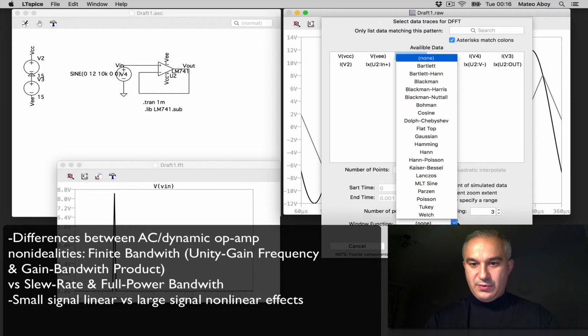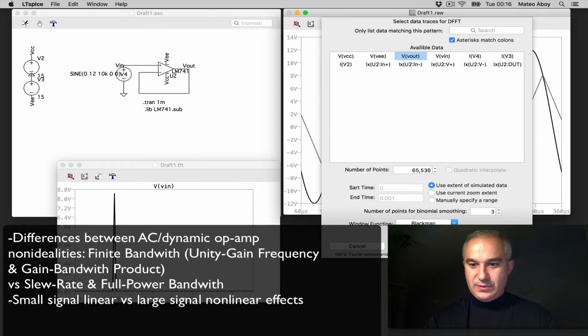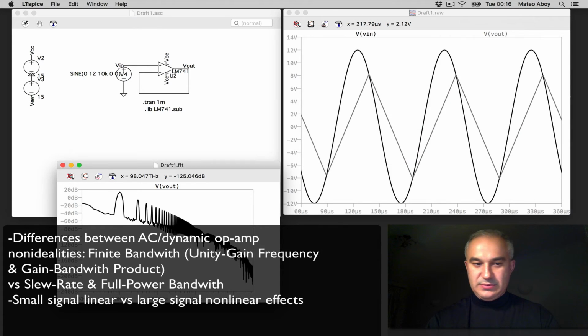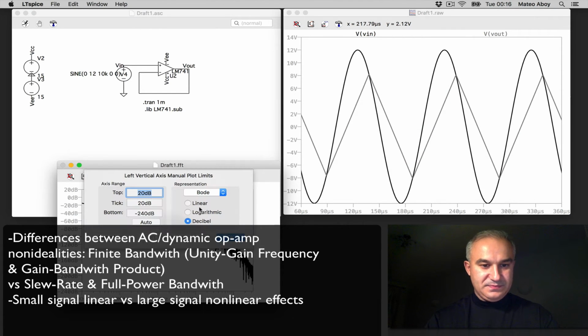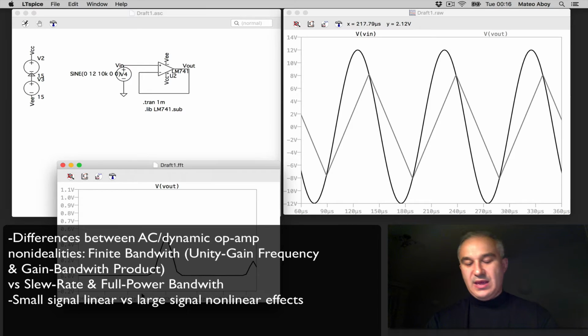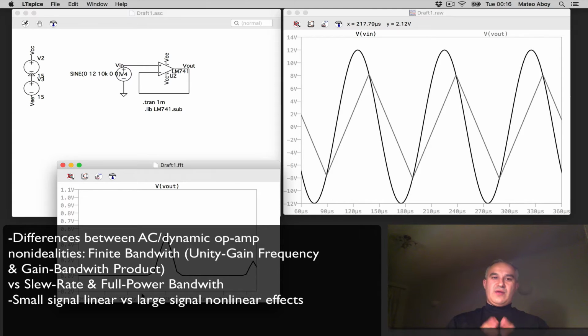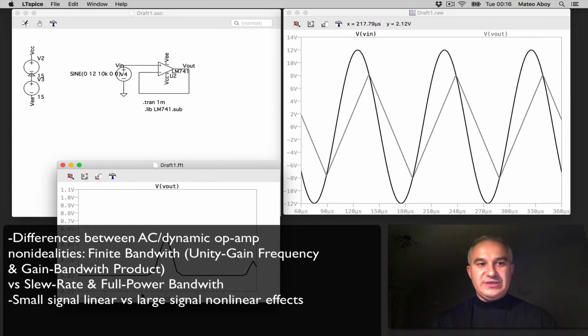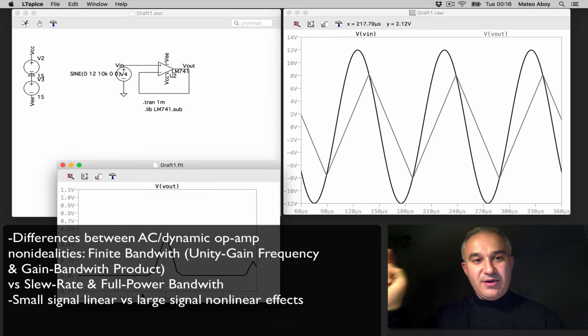To use a Blackman window. Some other tutorials explain these windows better. So we see harmonic distortion here. Okay. Now, if you calculate the slew rate limiting frequency as the slew rate SR, that you have in the datasheet,